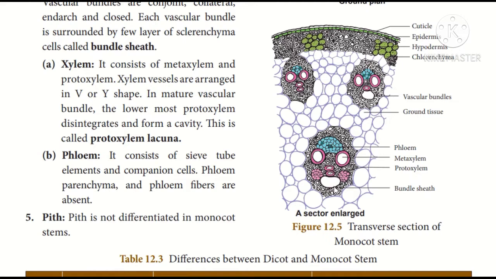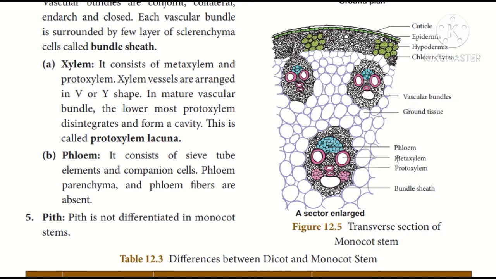Children, here you are not supposed to get confused. What is given here labeled as bundle sheath is different. That is not included under the xylem. That is not a protoxylem. This 1 and 2 will actually be the protoxylem, that is facing towards the center, and this 1 and 2 will be the metaxylem, that is larger xylem facing towards the periphery. This is about the nature of the vascular bundle.